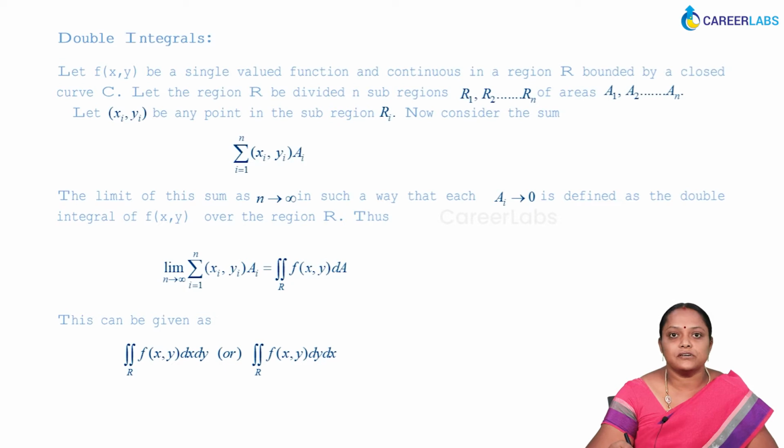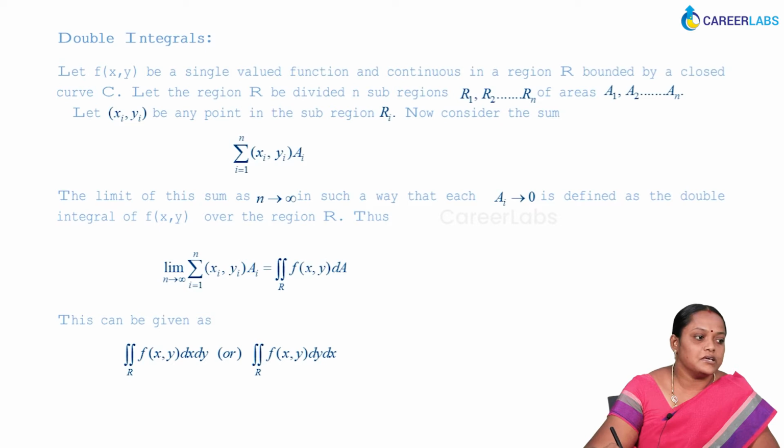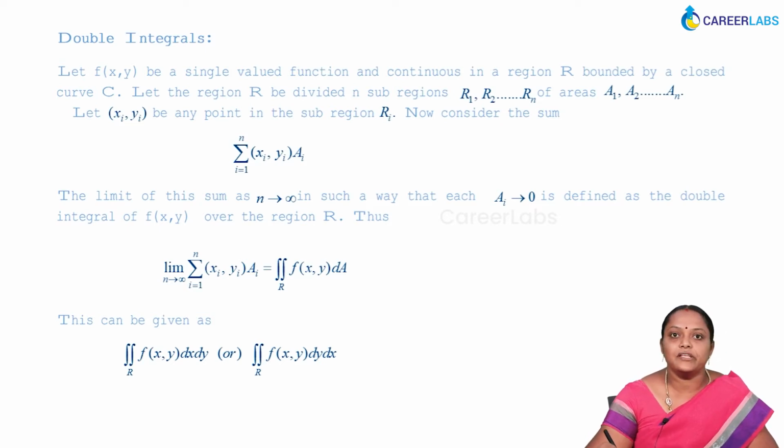bounded by a closed curve C. Let the region R be divided into subregions R1, R2, etc. Rn of areas A1, A2, etc. An. Let xi comma yi be any point in the subregion Ri. So now consider the sum, summation i equals 1 to n f of xi comma yi into Ai. The limit of the sum as n tending to infinity in such a way that each Ai tends to 0